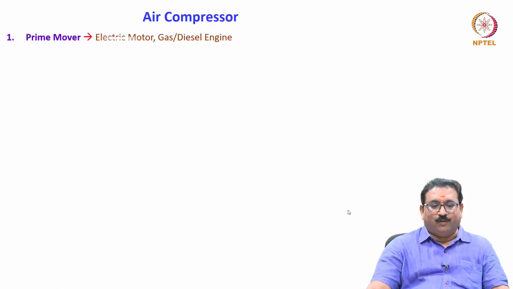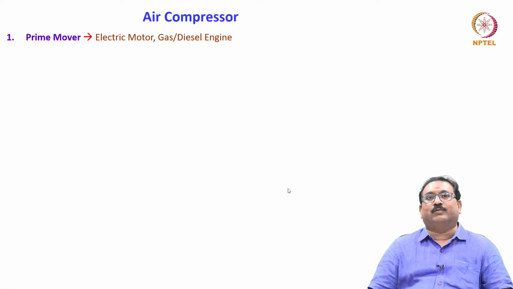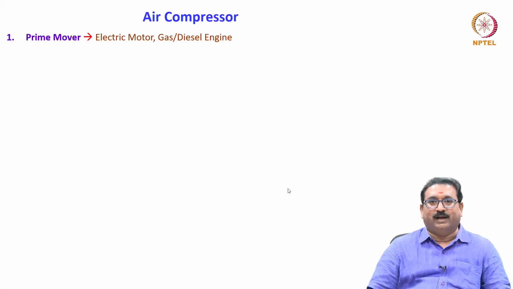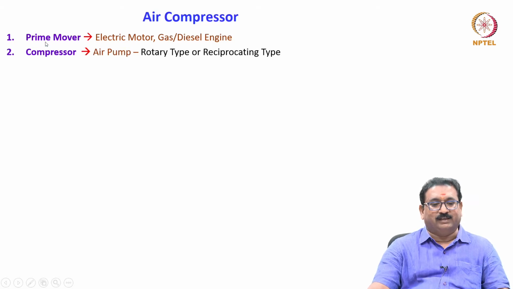Okay. Now we will see the air compressors. We will start the different types of air compressors after knowing how to control the required quantity of air and pressure in the receiver tank. Let us see how the compressors work, and we will see the operating principles. As we know, the first and foremost important component in the air compressor is the prime mover, generally an electric motor, but in some cases gas and diesel engines may also be used to drive the compressor. Second one is the compressor itself, known as the air pump.